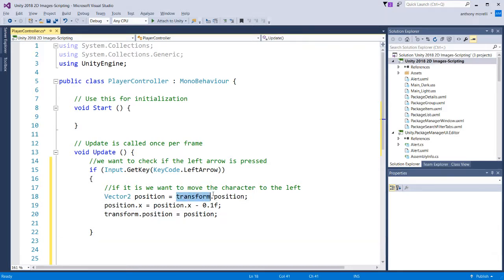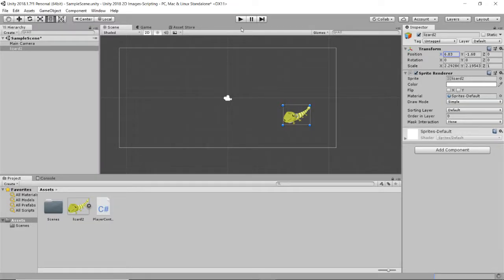Okay, so this is the position of our character. We make a copy of it over here. We do some work on it. And then we update, we say our transform dot position equals position. This is this new one that we've been messing around with. And that's it. So now if I hit Control S to save this thing, and I go back to Unity